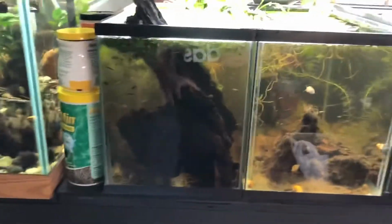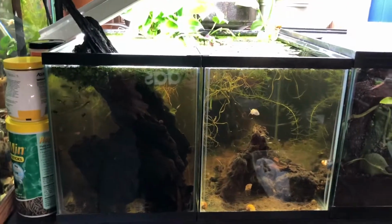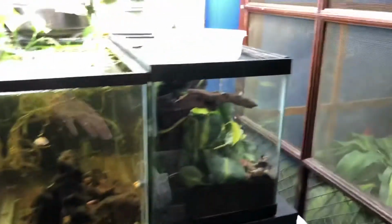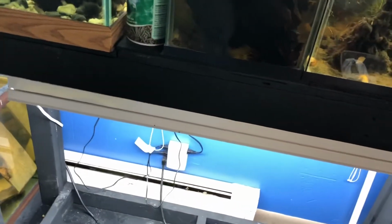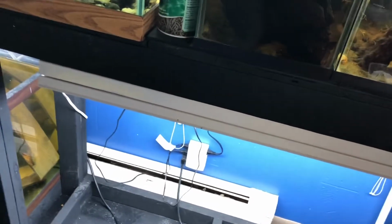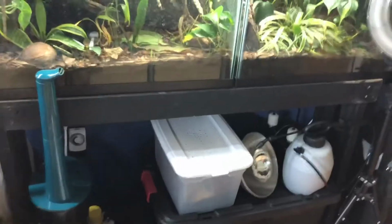But what I'm going to go ahead and do is put them down here. So just one of those, and then this is a crested gecko enclosure. I'm going to move it down there as well. I hadn't thought about that, but I don't actually have anything to put down here currently. I will, but what I was going to do is move them over here onto this stand temporarily, but that